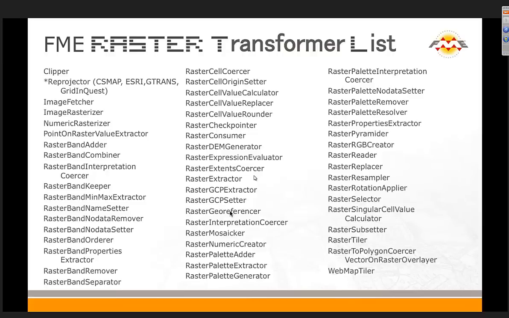With the raster GCP setter, which is the extractor's corollary, you can add control points to that image. And then when that image is written out and brought into software that understands GCPs, it will fit that image as best it can to the ground. Okay, yep. Now, it's still not as good as an ortho photo, but it's a good way to fit an aerial photo that has not been rectified in any way.